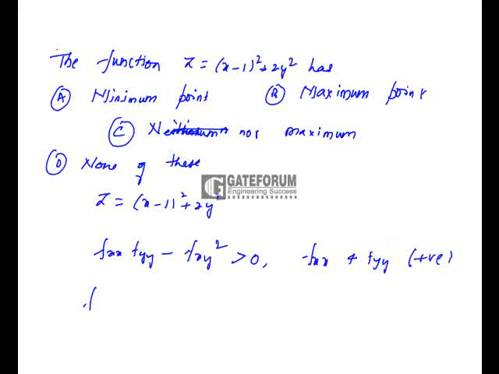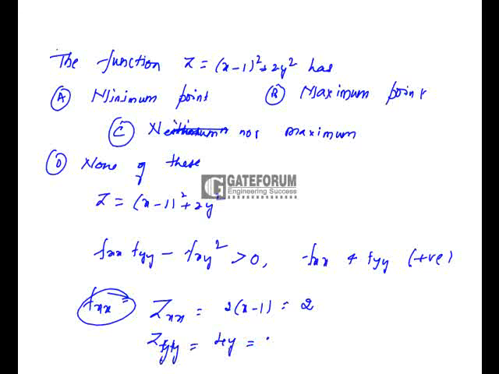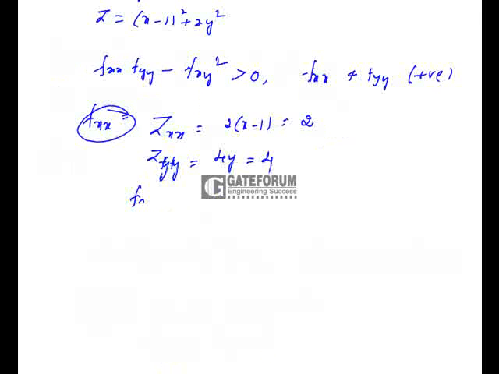Now here fxx is nothing but differentiating f partially with respect to x twice. In this case we have to take zxx. So zxx is nothing but 2 times of x minus 1 is zx, and if you further differentiate it will be 2. Similarly zyy will be, if I differentiate once it is 4y, if I differentiate twice it will be 4, and fxy, that means zxy